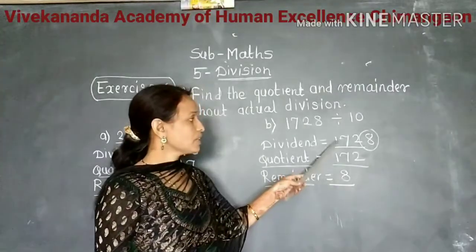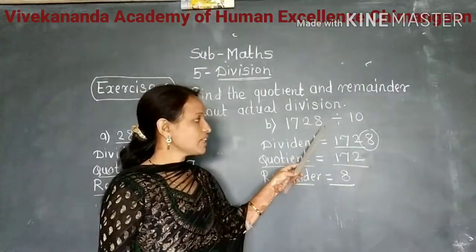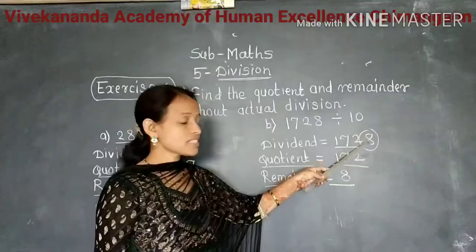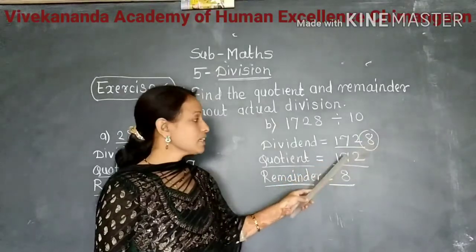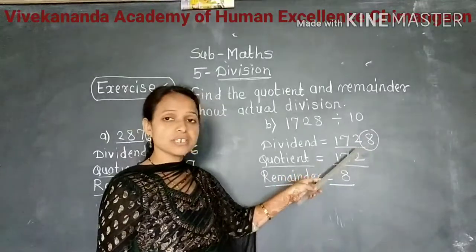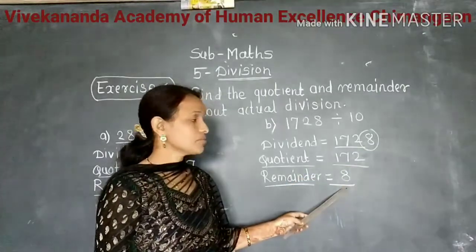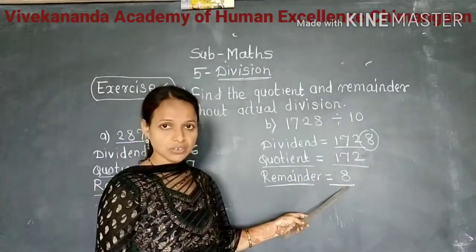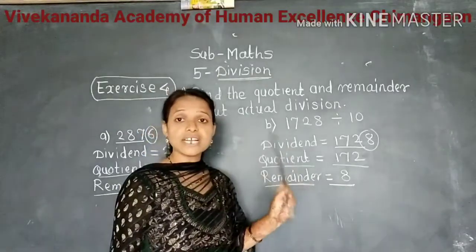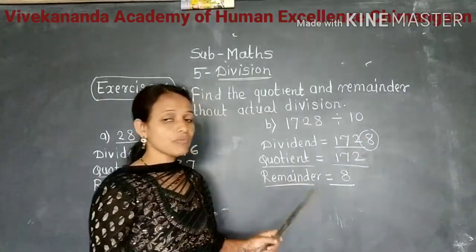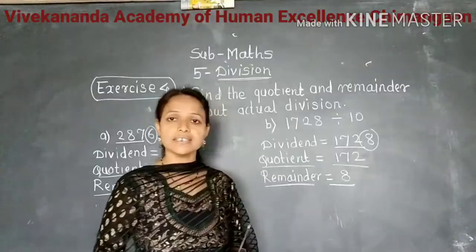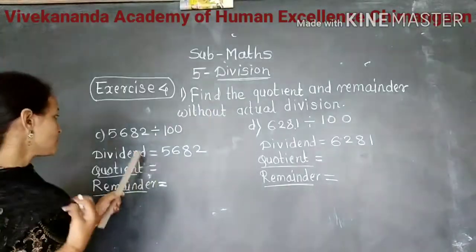Look here, students. We divide 1728 by 10. The removed one's digit is 8, the remaining 172 is the quotient, and the remainder is 8, which is the removed one's digit. Okay, in this way, without actual division, we find quotient and remainder. Next example, see